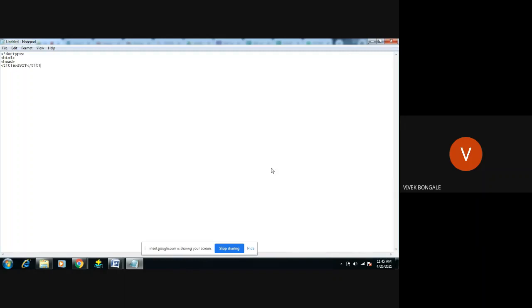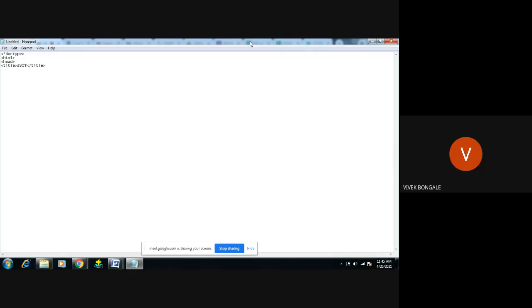So what it will do, this name SVIT will be displayed on the browser taskbar, right? So title SVIT. Okay, next, only this part I want to write. I don't want to write any extra CSS program or any JavaScript program. I will keep them in a separate file, and I don't want to link here. If I want to link, all those things are going to be inserted in the head part.